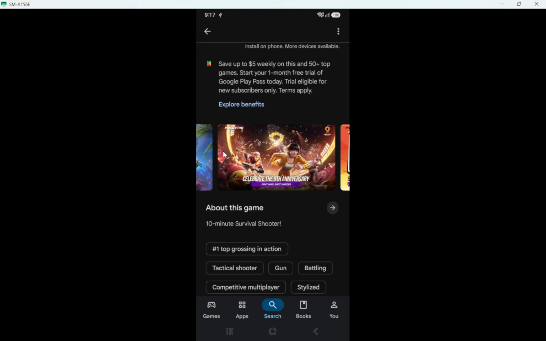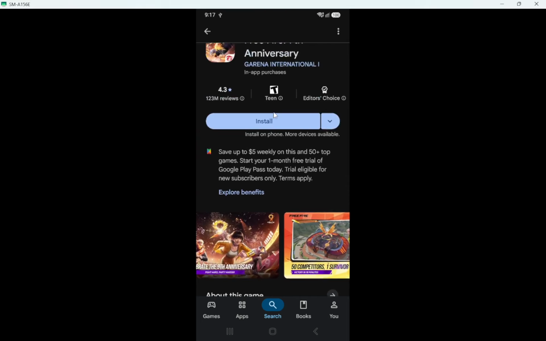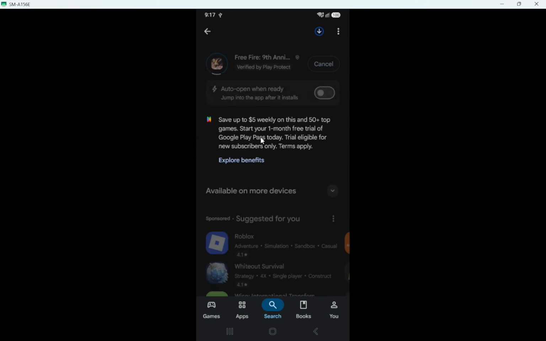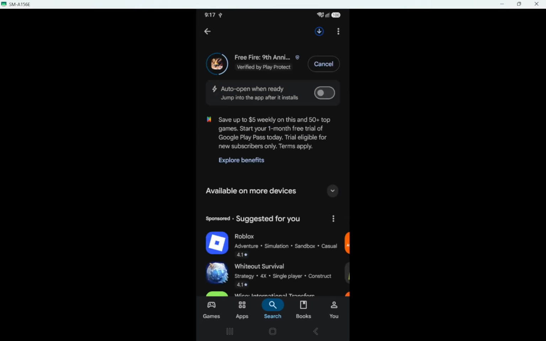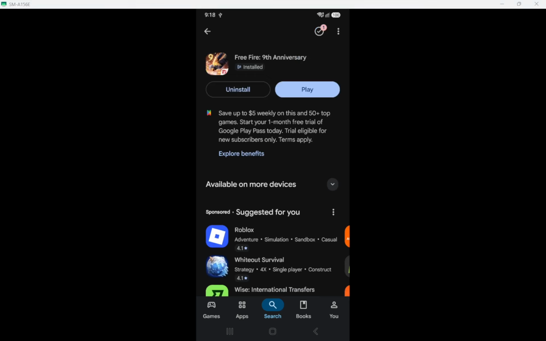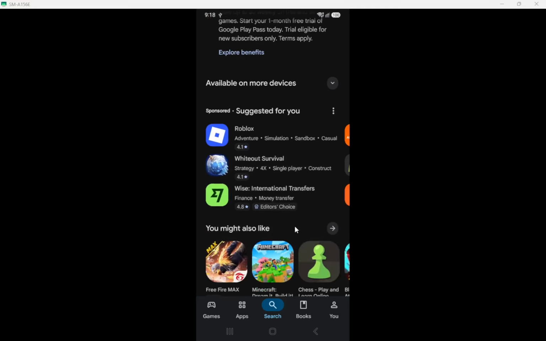On this app page, tap Install. After you tap Install, the button changes to show a progress indicator. You might also see a download size message if the game is large. On some devices, you may be asked to confirm using mobile data or Wi-Fi. Once you confirm, the download begins and a progress bar appears around the app icon.